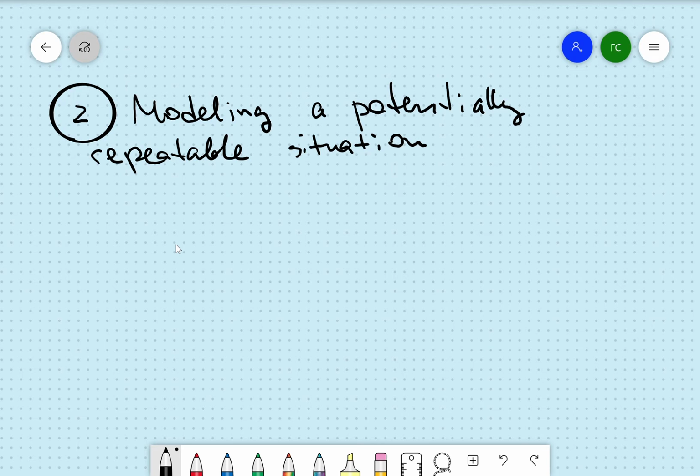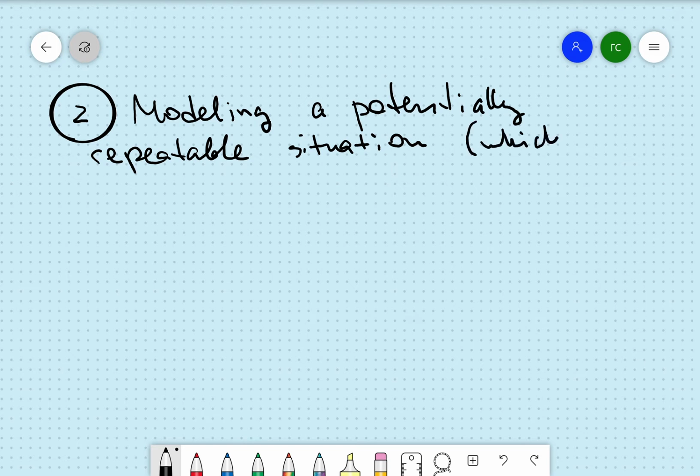Another reason why we may want to think about modeling repeated games, about modeling repeated interactions, is because sometimes we want to model a potentially repeatable situation. And here the word potentially is important because it's not necessarily that the situation actually repeats in practice, right? So it's a potentially repeatable situation